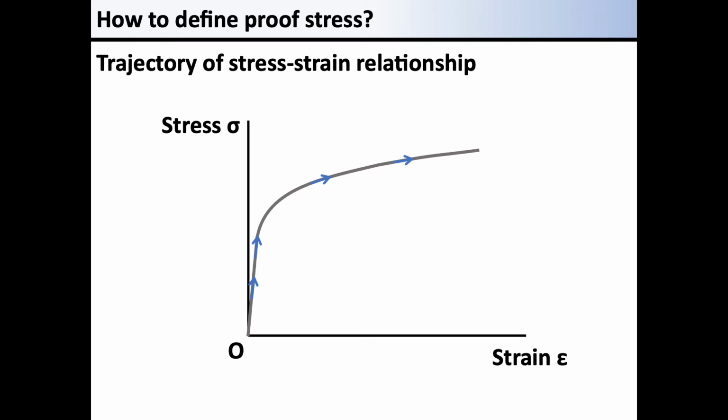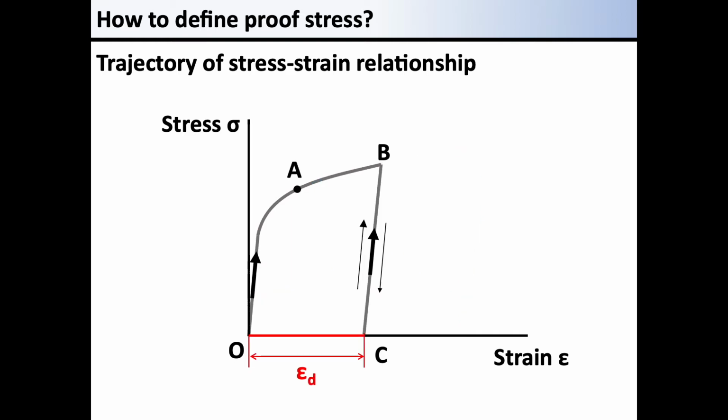You should note that here, when a load is applied to a material, strain is generated up to a certain point. And then, when the load is removed, the slope of the line, which is the relationship between stress and strain, is parallel to the line of the initial elastic region in the stress-strain diagram. When unloading a material that has been deformed via A to B, it falls at the same slope as the Young's modulus in the elastic region.